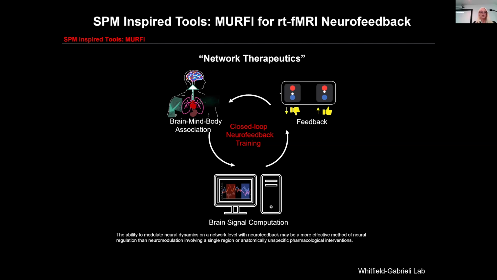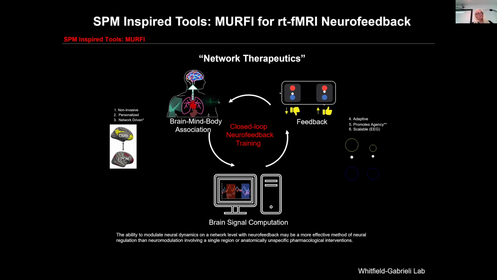So one intervention that we try to do is real-time fMRI neurofeedback. And the idea here is that we identify a region or a set of regions that may be clinically relevant, and then we train people in the scanner to modulate those regions. And this particular intervention is not invasive. It's personalized because we identify the individual networks, and it's network driven rather than just region driven. It's adaptive to the individual, and the reason why I like it most is because it promotes agency.